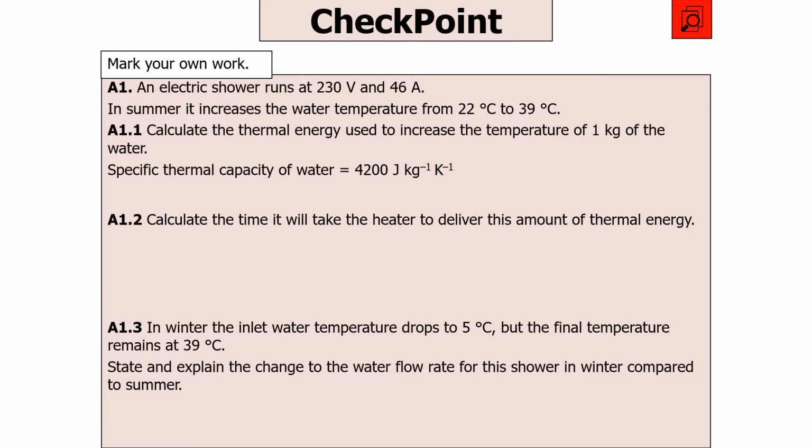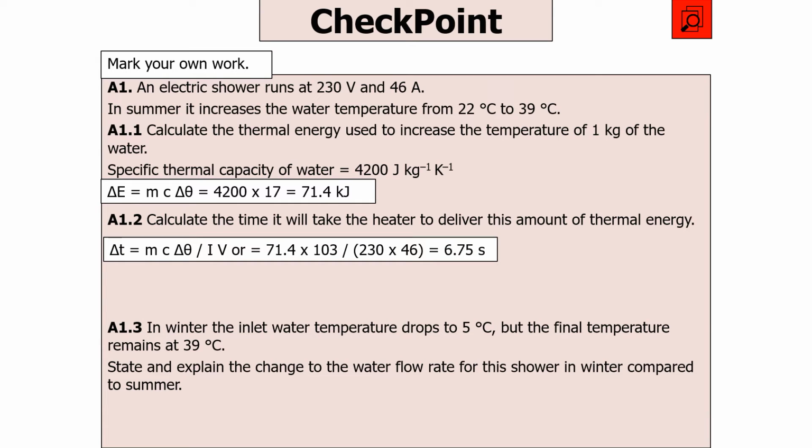Right, in this first one, E equals MCΔT, or change in temperature. So it's 4,200 times by 1 times by 17, which is 71.4 kilojoules. Now we can say T equals this energy divided by IV, or the power. So therefore it's 71.4 times 10 to the 3 over the power, which is 230 times by 46, is 6.75